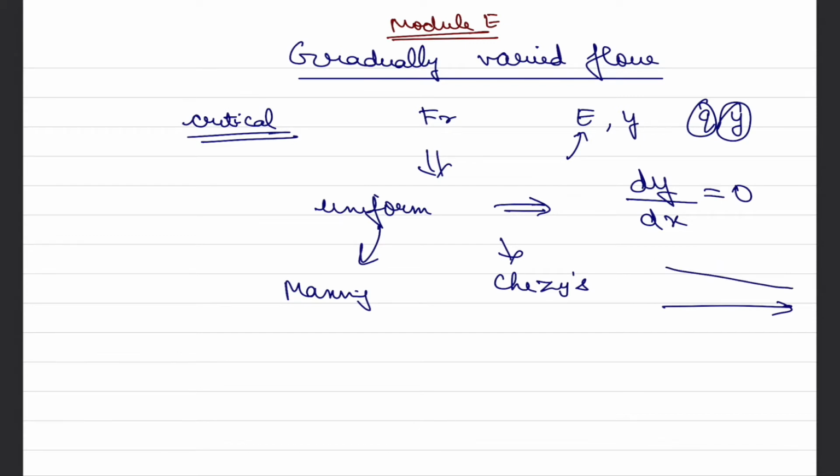That means if this is our channel bed and water is flowing here, the depths y1 and y2 are going to be constant. We also learned that for uniform flow to happen, there have to be balancing forces. The gravitational force in the downward direction has to be balanced by the frictional force, which acts exactly opposite and with equal magnitude,